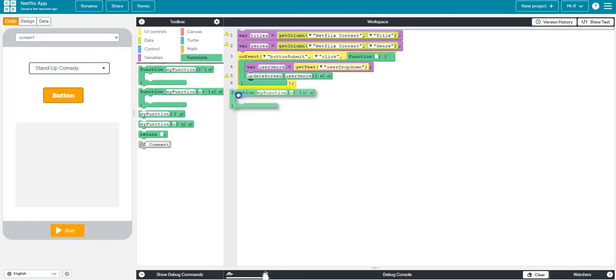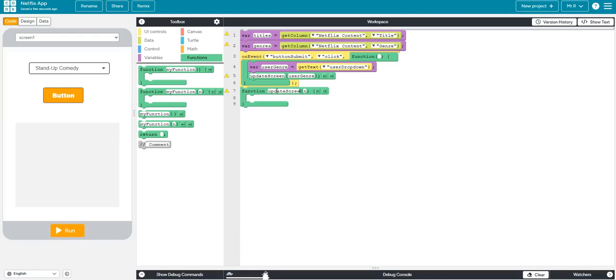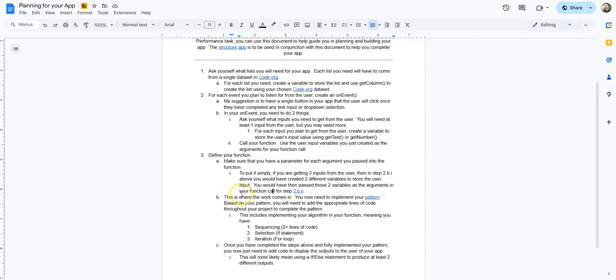So I just need to define my function, which should be update screen. Right? And then because I passed in only one, I only need to create one parameter here. I'm going to call this genre. Right? So here's my argument, here is my parameter. You have to have these for your app at this point, but that gets me all the way through